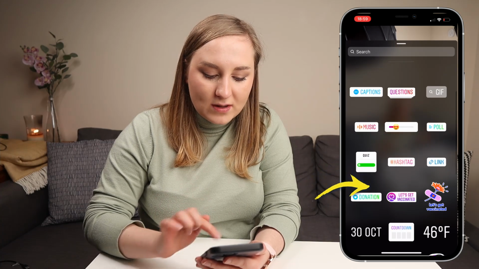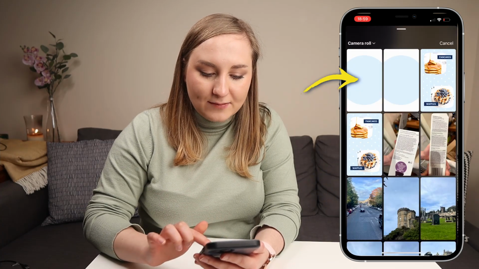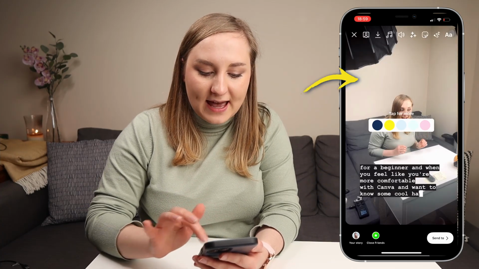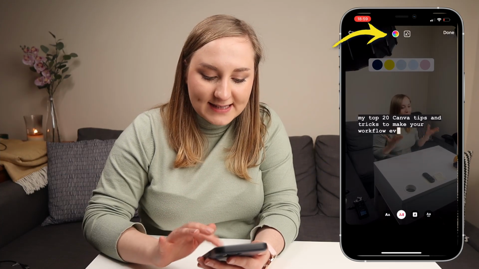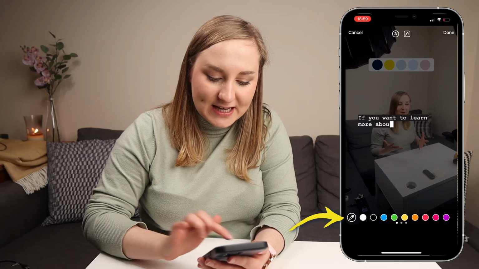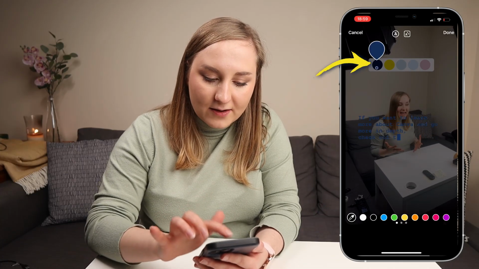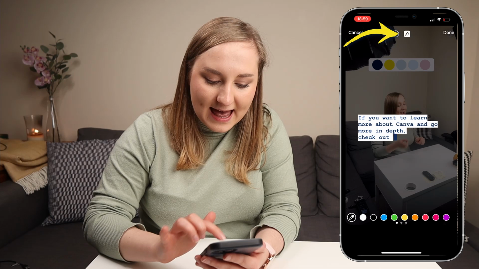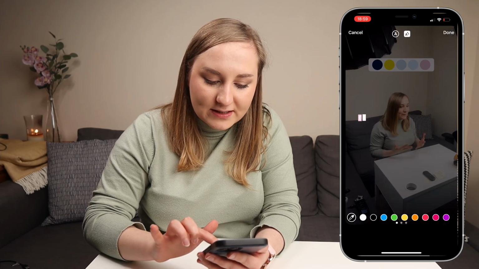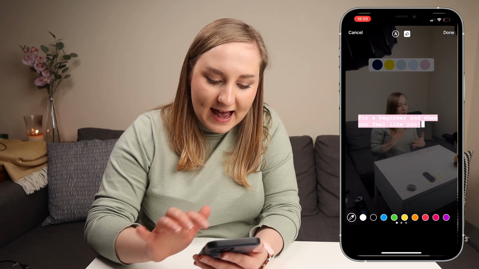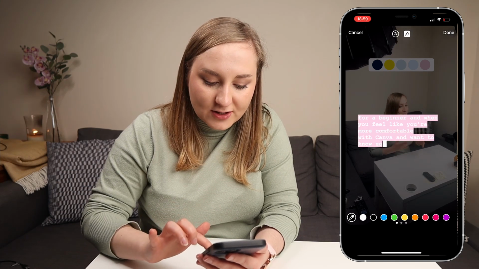If I go to that sticker in here and pull up that image that I've just saved from Canva, this has all my colors saved. So if I now go to those captions and pick the color from the background, just like that, you can see that it stays on brand. So I can choose all the different types in here. I can have the highlight in my color, just like that.